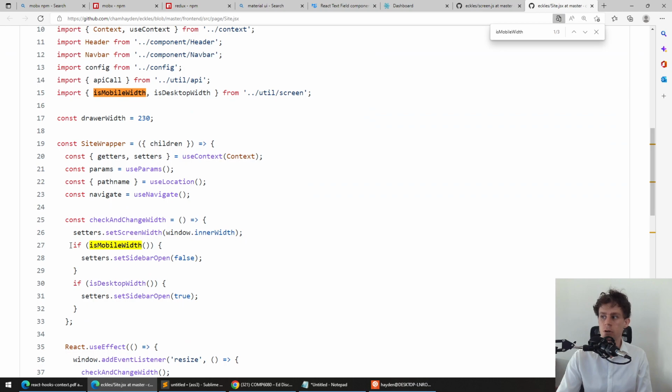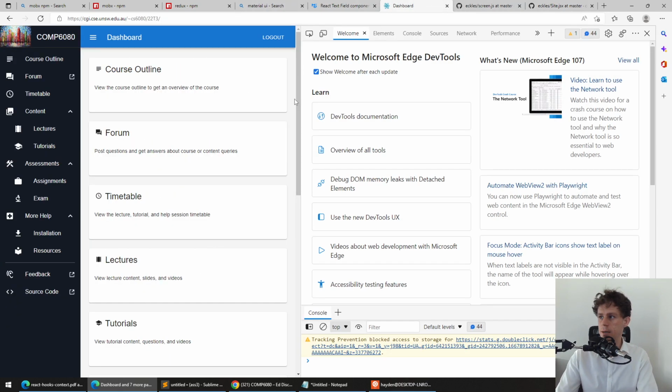It's pretty simple, right? So if it's mobile width, hide the sidebar. If it's desktop width, show the sidebar. I don't use an else statement here, because one thing that's really helpful about this, and this is just a bit of general knowledge, is that